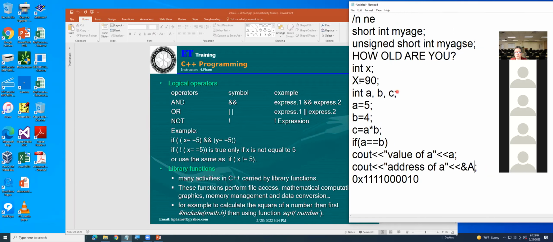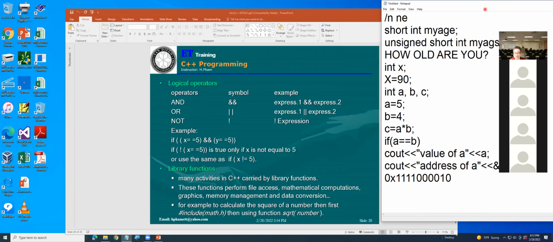So you must make a declaration first, so they can give a location in your computer. When you exit the program, everything is cleared.